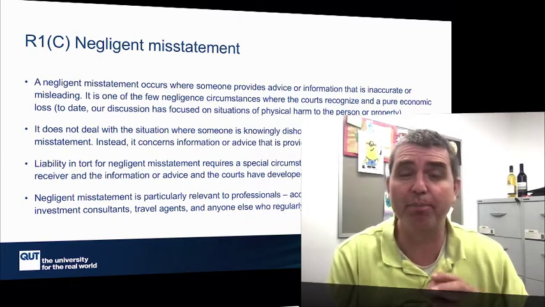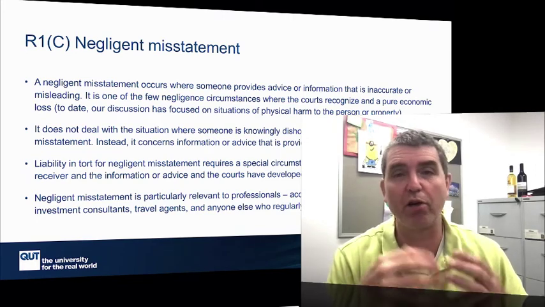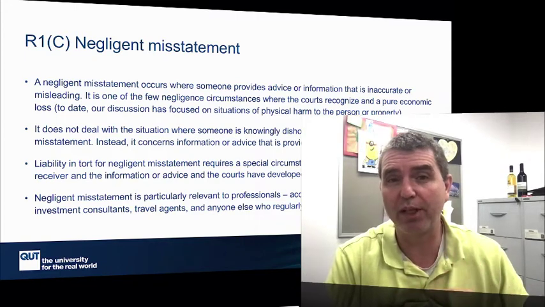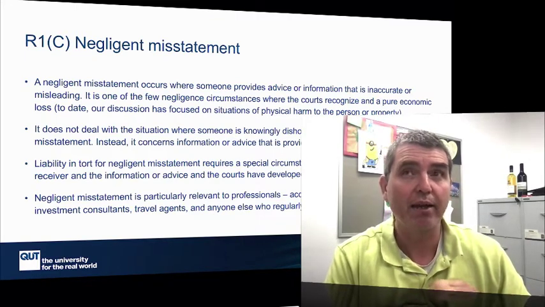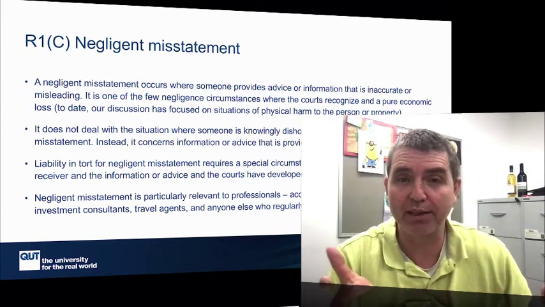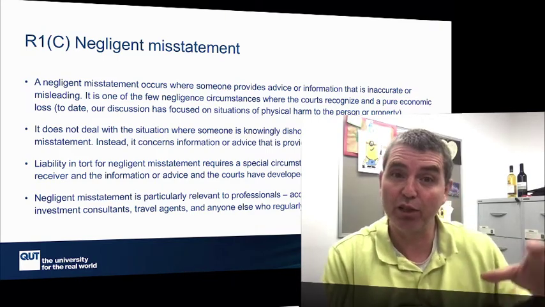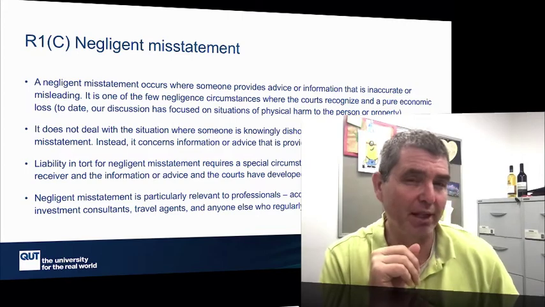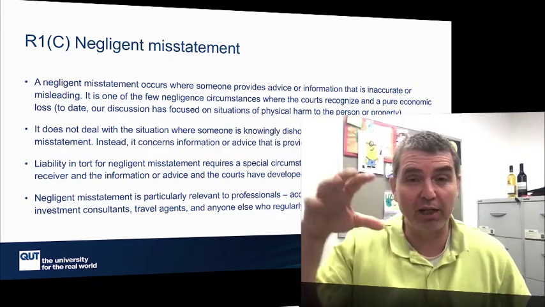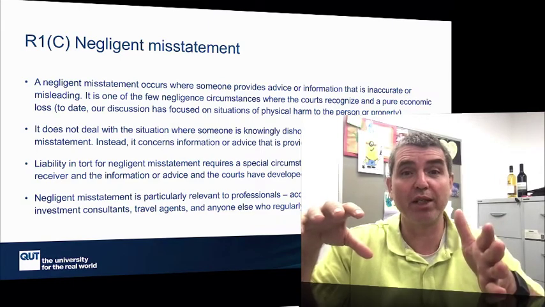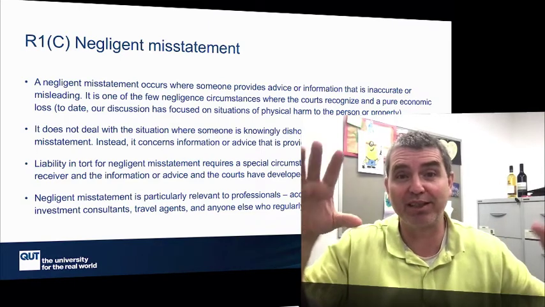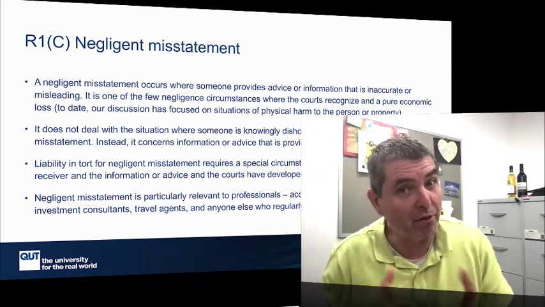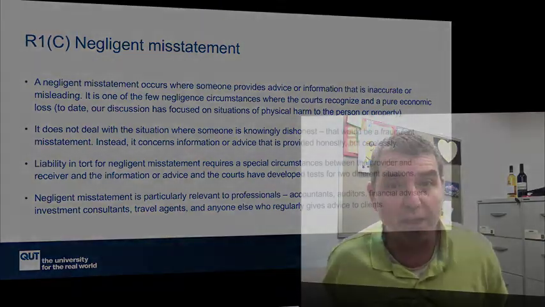One test is based upon the idea where it's direct advice. So I give advice to you. That's probably the more typical situation. The second situation that we're going to deal with is where someone develops or provides some advice, and that advice is then used by someone else to the end person. So this is kind of similar to the situation of a manufacturer who makes a product, who sells it to a retailer, who sells it to the consumer, right? When is the manufacturer liable to the consumer? It's the same kind of thing, but with advice. So we have a bit of a different test for that. So let's hop into negligent misstatement.